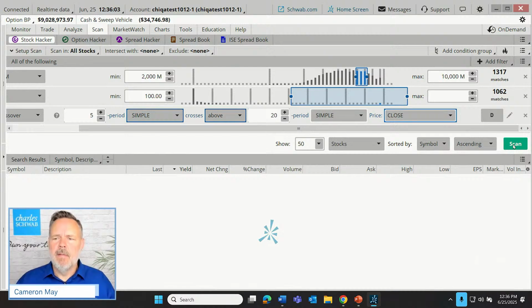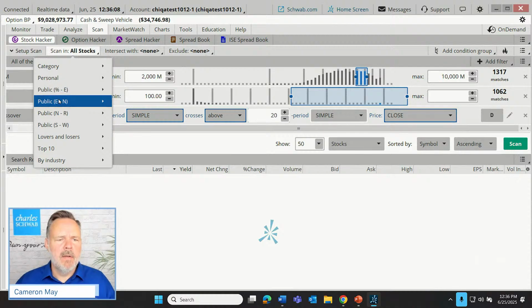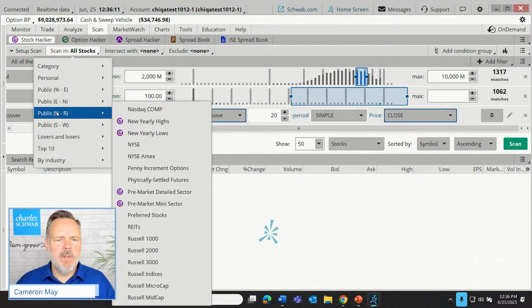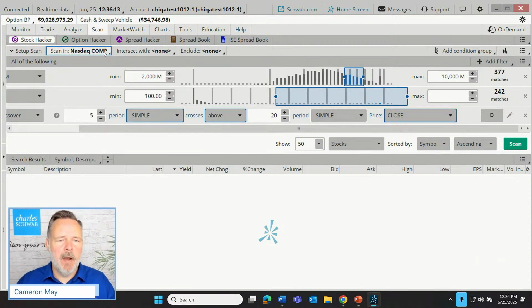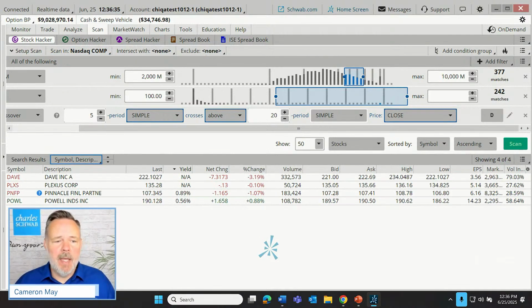But let's do a scan. And actually, how about we route this one to the NASDAQ composite as well. So here we are looking for mid-cap companies priced at least $100 in the NASDAQ composite that are showing a 5 crossing above the 20 simple moving average crossover today. I know that's pretty precise, but technicians tend to be pretty precise by nature. There might not be any. I don't know. Let's run a scan. Let's see what we get. All right. Looks like we got 4.